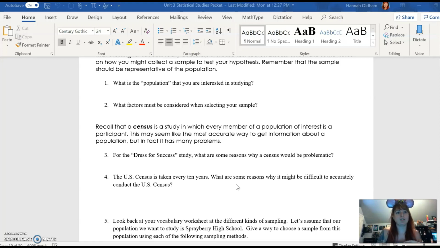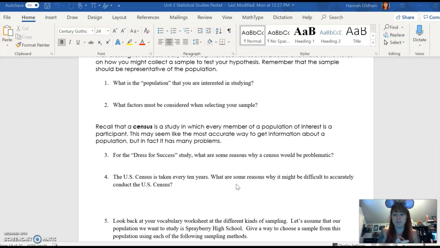And then also, are there more people in this area as far as, are we going to need more representatives in the government and things like that? So the idea of the census is to just do a count of every person living in America. Obviously, there's a lot of issues that come along with that.